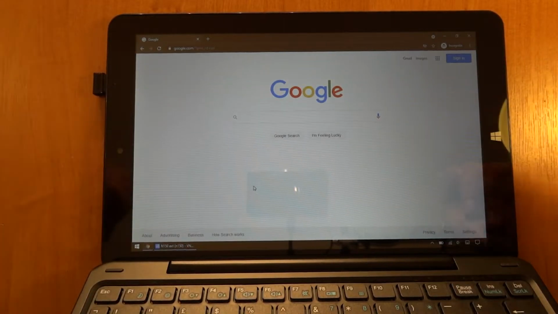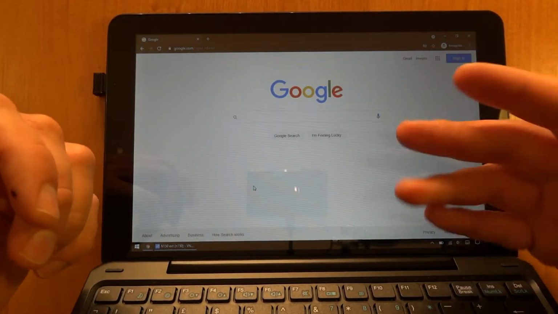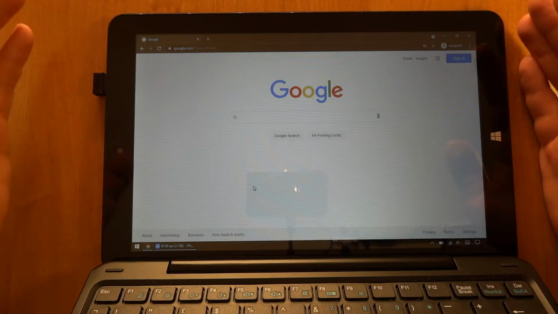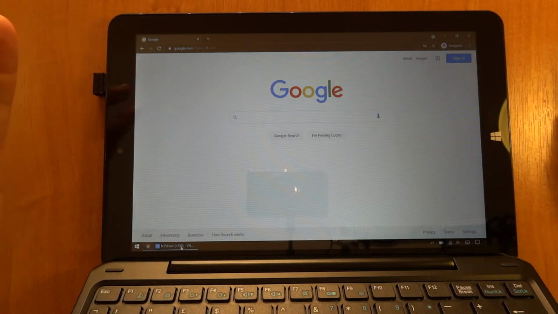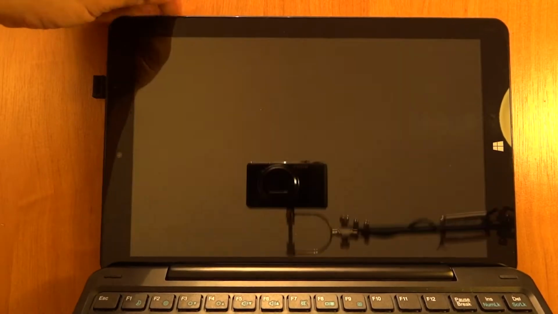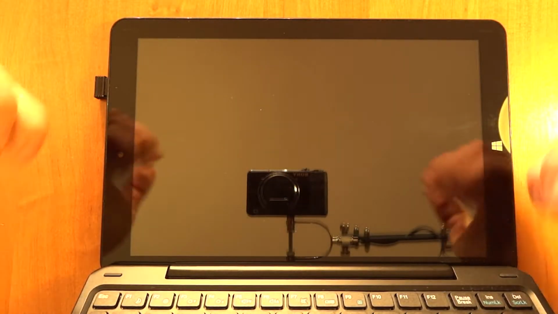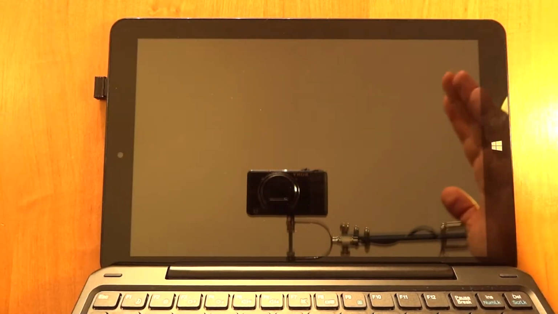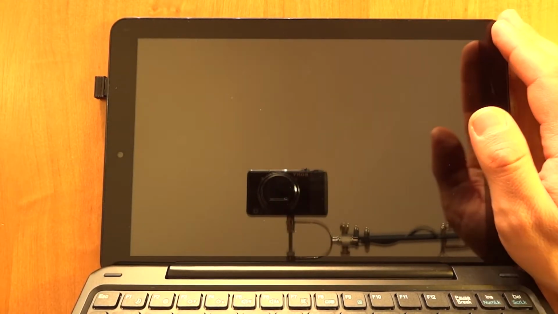I can use it as a tablet. I can just lug it around, or start running something here remotely and just turn it off. Like so, and that's basically what I'm using this device for,